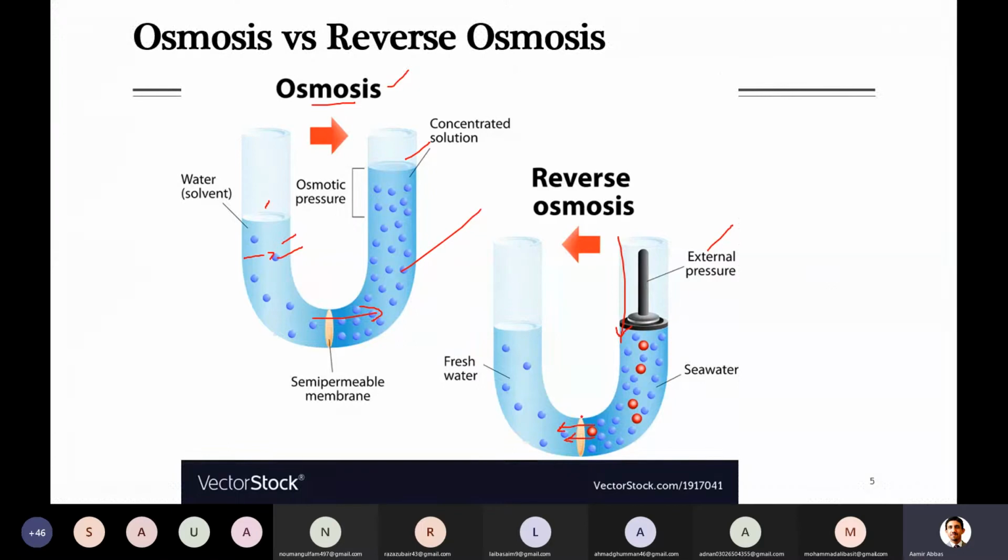By the way, these membranes, as already discussed, are semi-permeable, and they are permeable mainly to solvent molecules. Later on in this lecture we will even see that some solute molecules can also diffuse through these membranes, but that ratio is very small. There is a very small amount of salts that diffuse through this membrane, even if they are of very small size, but majorly the solvent can pass through this membrane. So in order to reverse this natural phenomenon, when you apply the pressure, that will push this liquid to the other side.